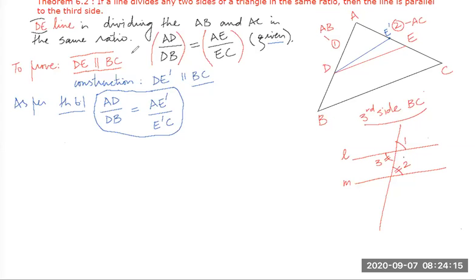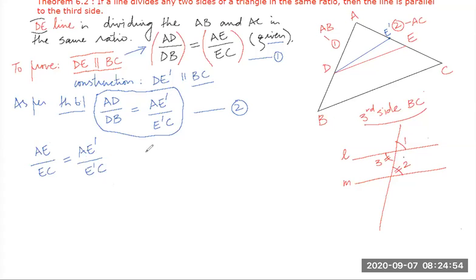Hello students. Yes, sir. This is given. So if AD by DB is equal to AE by EC, that means, see, compare these two equations. Let's say this is 1 and this is 2. From this, what is the result we get? The left side of the two equations is equal, so the right side should also be equal. So we get AE by EC is equal to AE dash by E dash C. Am I right, students?